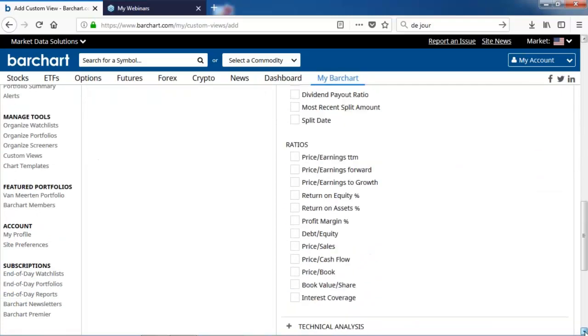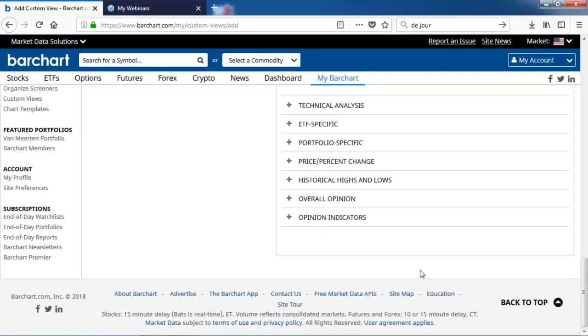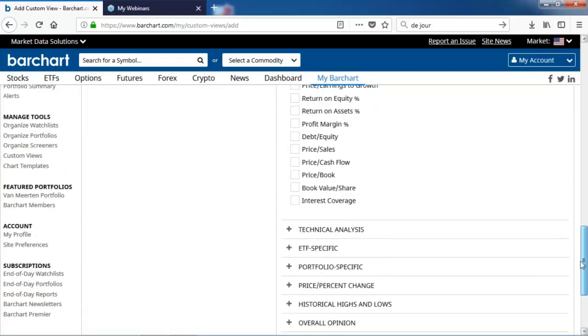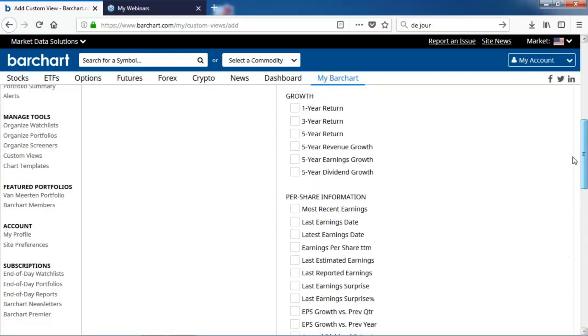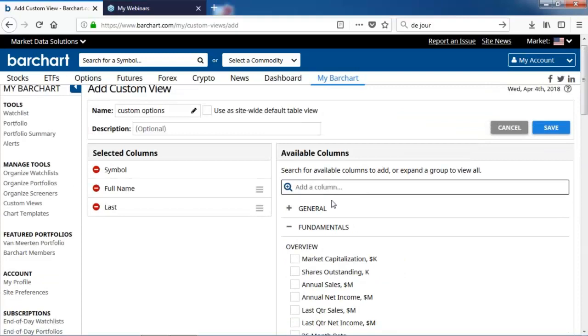And like I said, there's no data that's more important than any other data. It's just how you interpret it, how you make your decisions, so that you can make your choices, be disciplined and attack the markets on a consistent basis. So what else was I going to look at? I was going to look at fundamentals, and let's close that up.